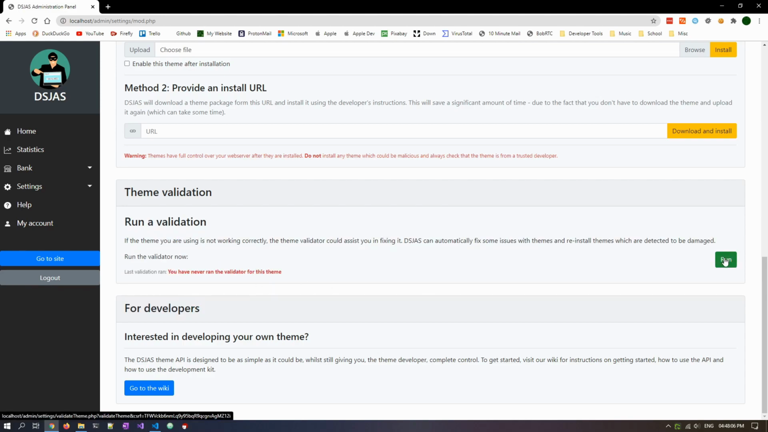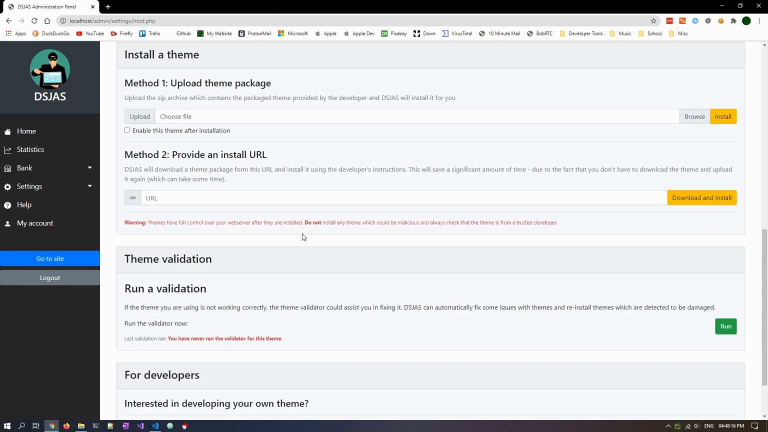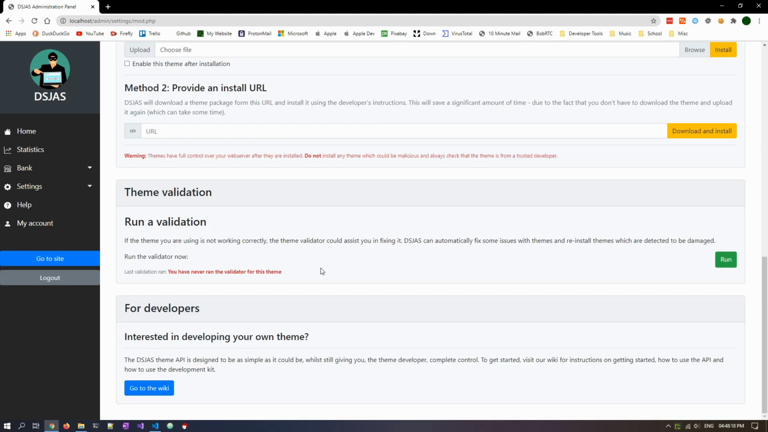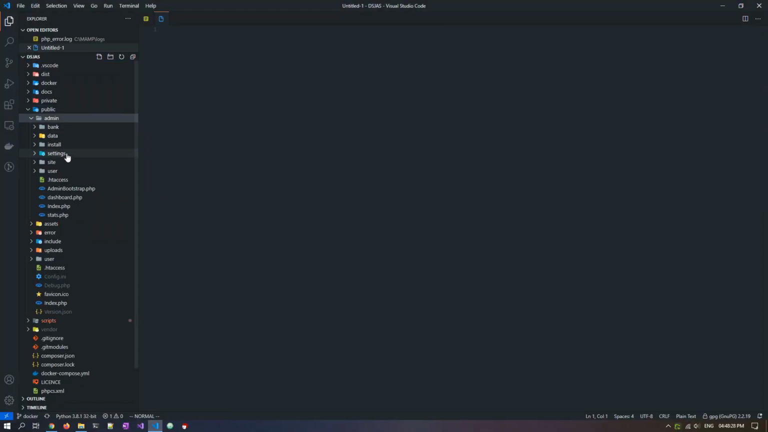This button did nothing before we added it, but now it actually does something. It automatically runs through the theme, checks for module support, checks whether the required files are there, and checks whether the theme can be loaded, basically whether it's readable. If we actually take a look at the source code for this, if we go into admin, then I think